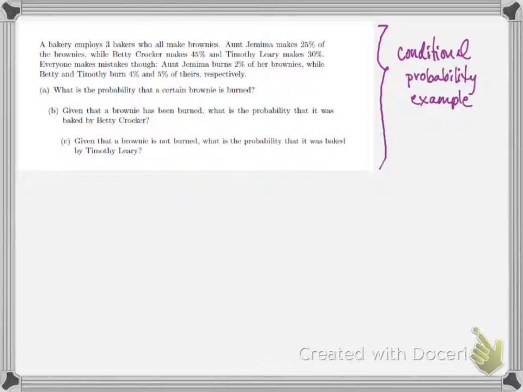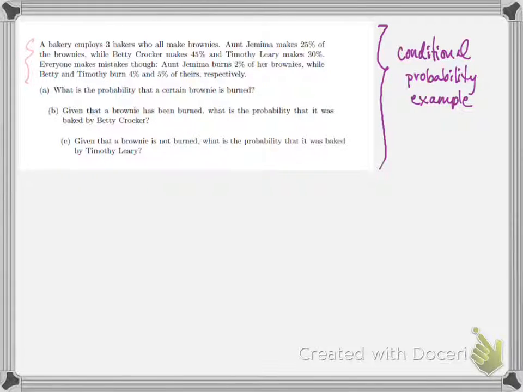Let's make a video showing conditional probability with the use of a tree. All right, so reading this example, a bakery employs 3 bakers who all make brownies. Aunt Jemima makes 25%, Betty Crocker 45%, and Timothy Leary makes 30%. But everyone makes mistakes. So Aunt Jemima burns 2% of her brownies, while Betty and Timothy burn 4% and 5%